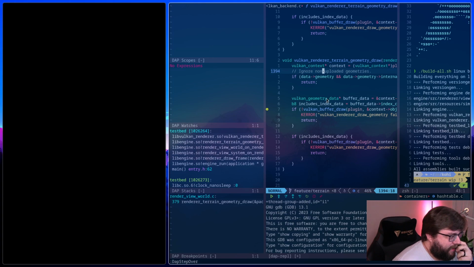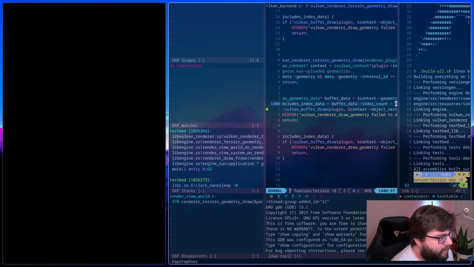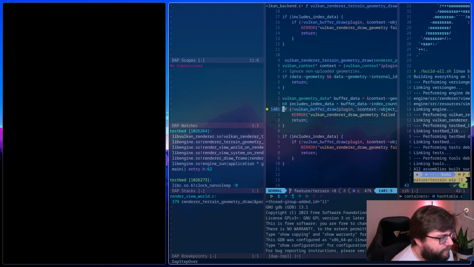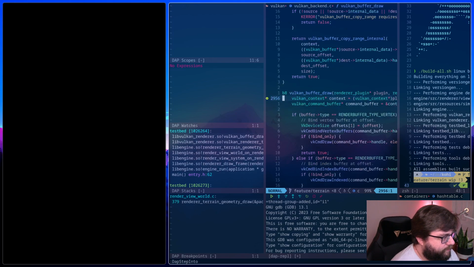Although I'm seeing here that I'm actually not checking generation, at least not so far, which is kind of bad. So I probably am going to need to fix that at some point.